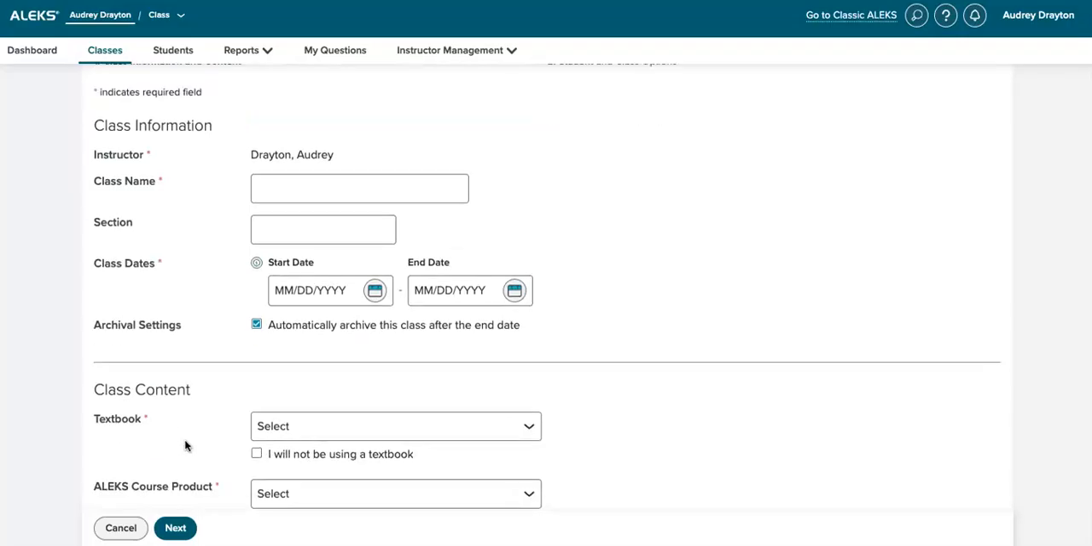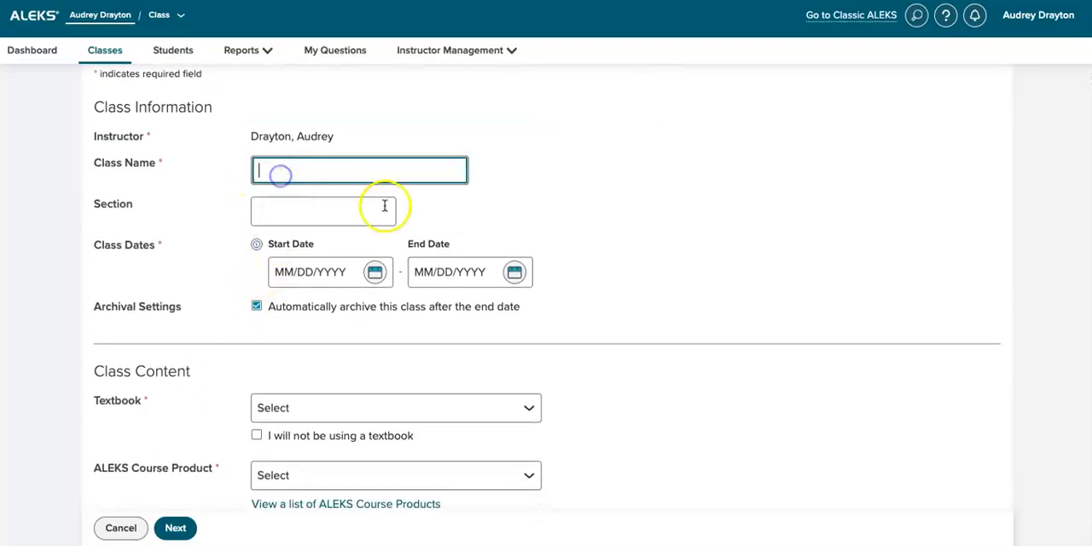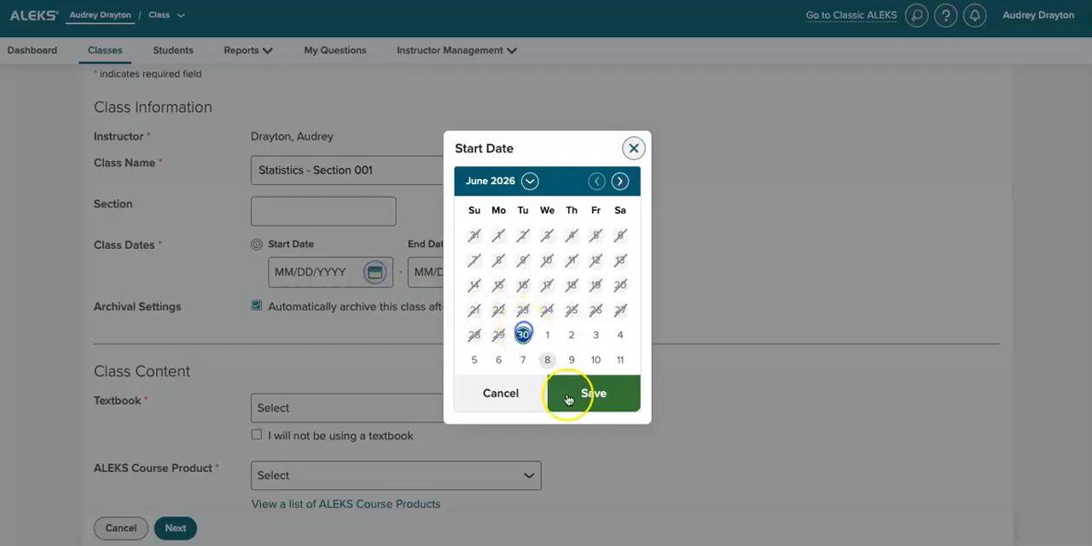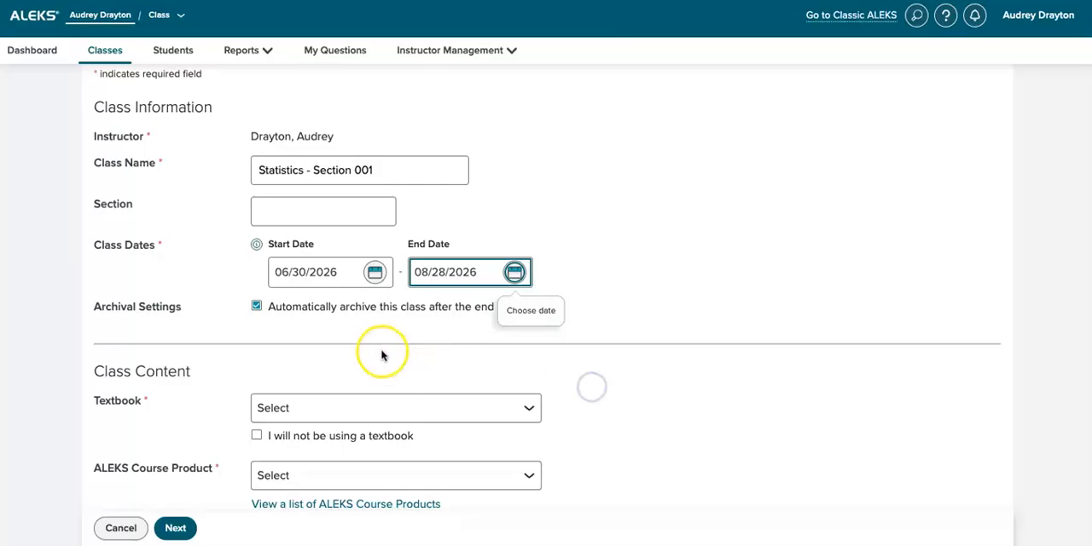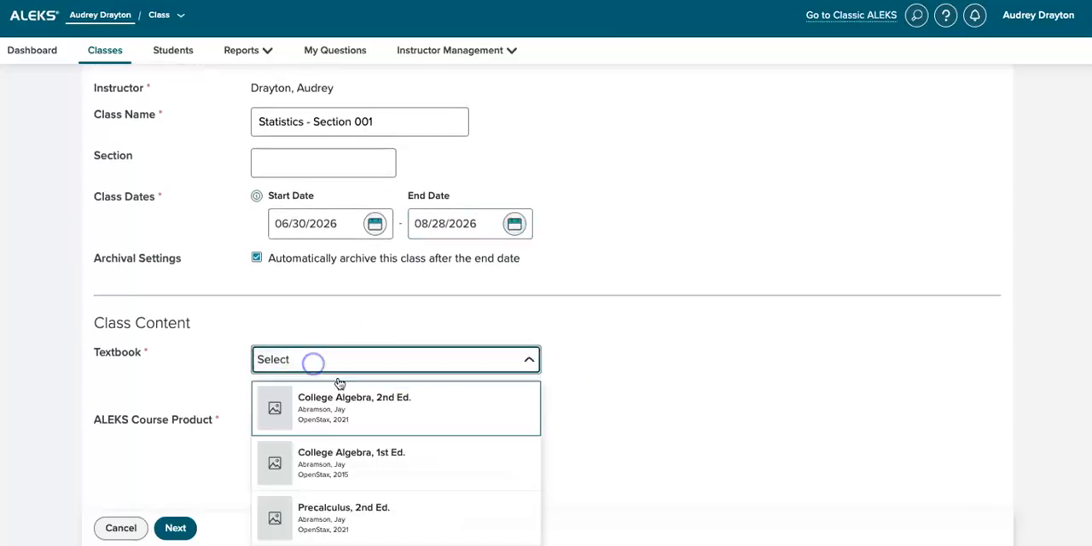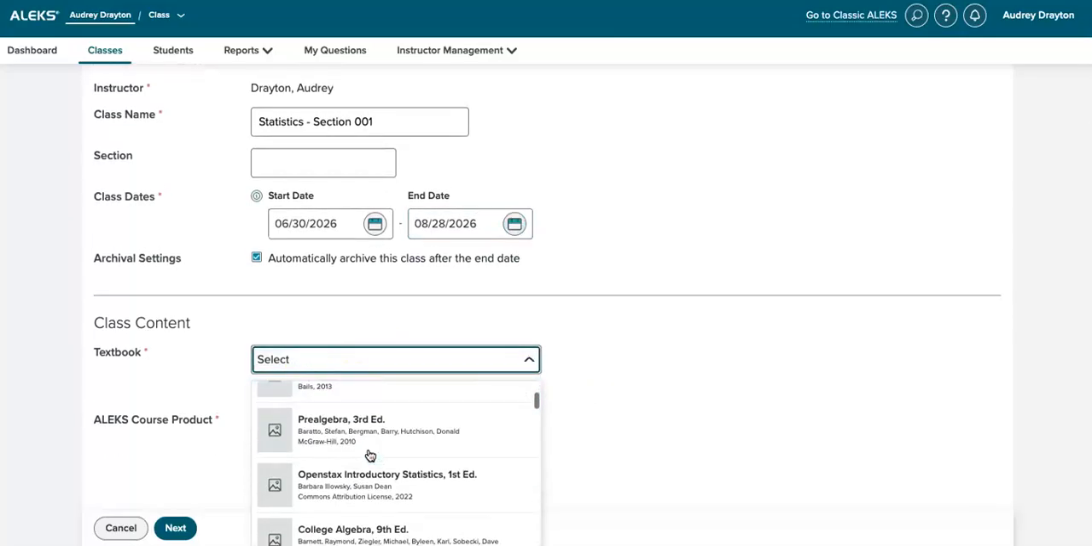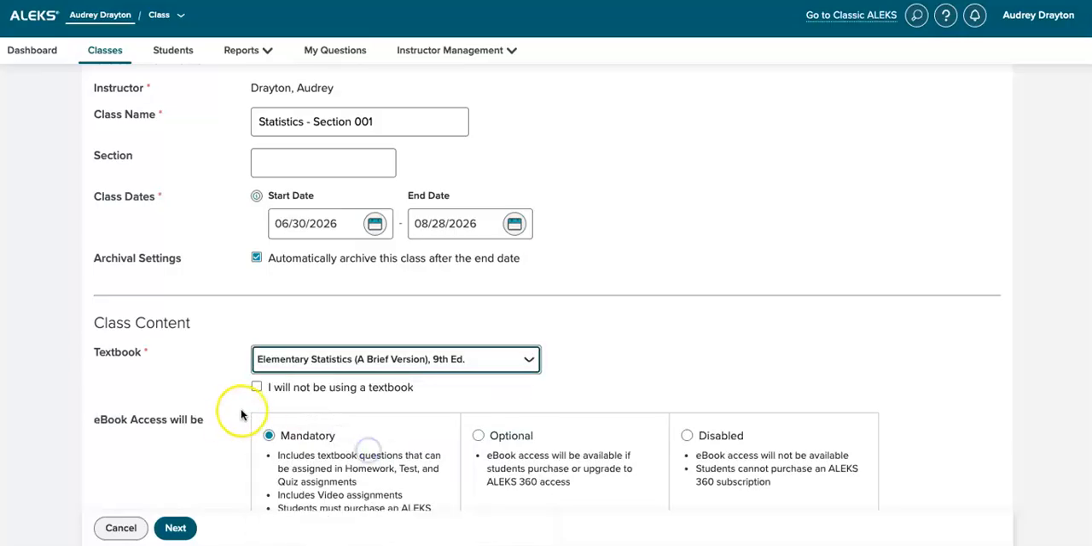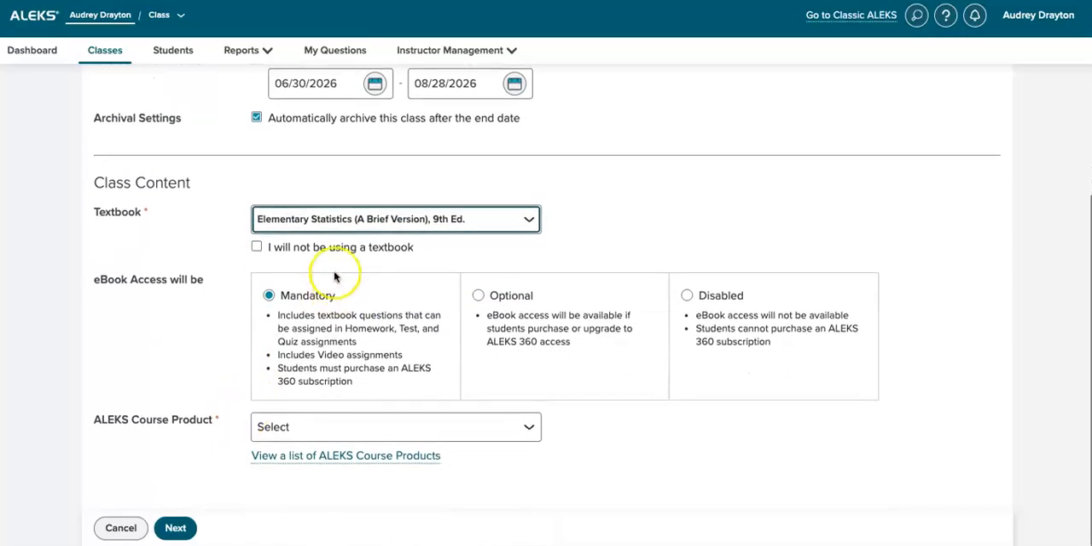Once I click next, I'm going to be asked to insert some class information, including a name for the course, as well as a start date and an end date for the course. Once I've selected that, I can scroll down and select my class content, including the textbook and the course product. In this case, I am going to be using a McGraw-Hill textbook, and it's going to be mandatory for my